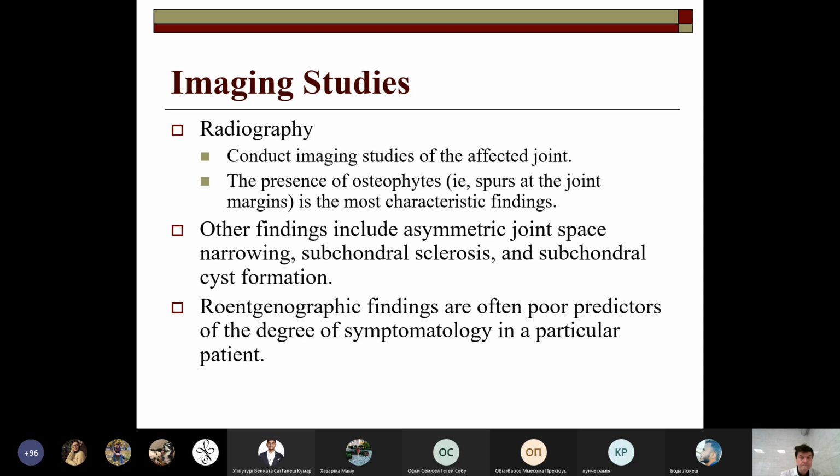What about imaging studies? Imaging studies are generally recommended to identify, first, whether the patient is a candidate for some deeper understanding of the mechanism of pain or involvement of the periarticular soft tissue. Secondly, what kind of diagnosis should be noted for this patient as primary and secondary? Third, which of these patients may be at risk of progression of the disease? And finally, imaging studies are recommended